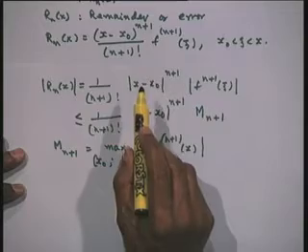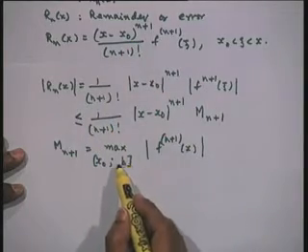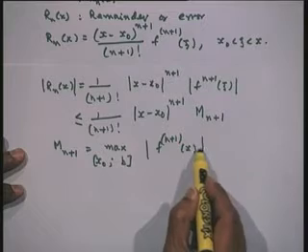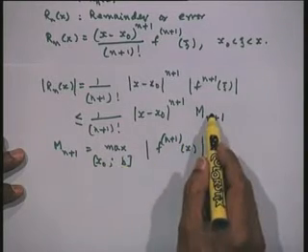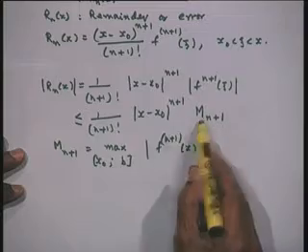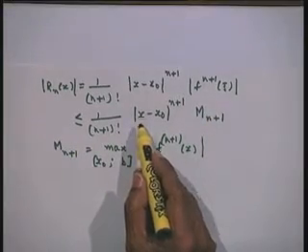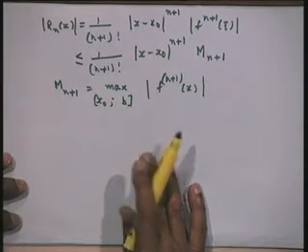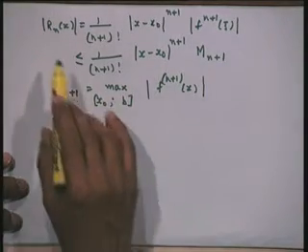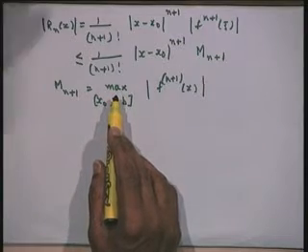Now, we propose to use the Taylor series starting from the point x naught to a point b. So, the maximum of the f n plus 1th derivative over the interval x naught to b shall be taken as the quantity that we want to use here. So, M n plus 1 will be the quantity that we will be using here. How can we use the knowledge of this error bound to say something about this Taylor series?